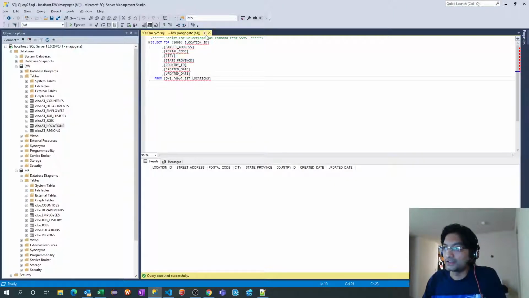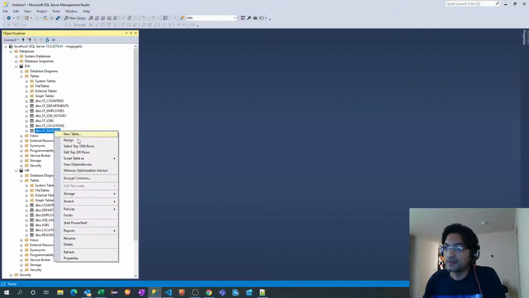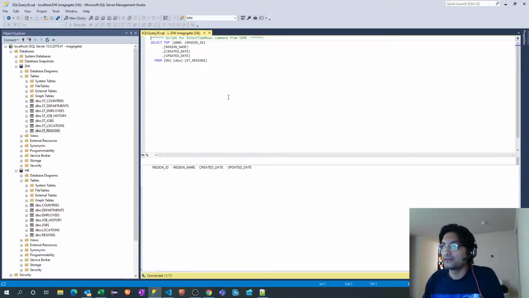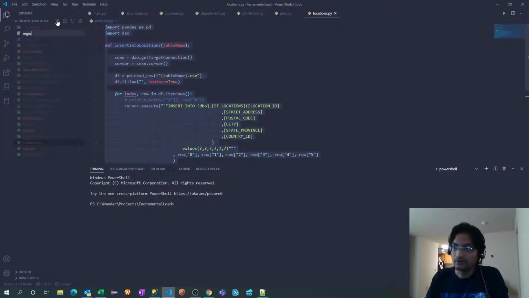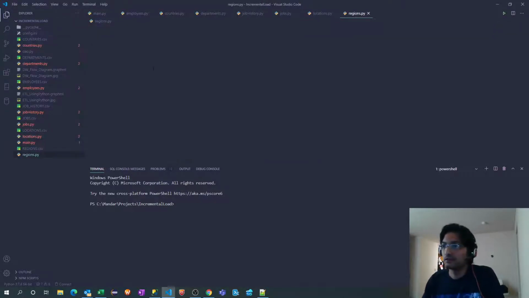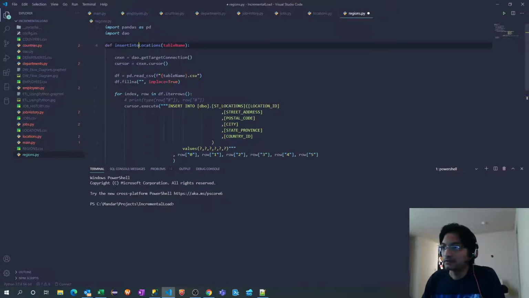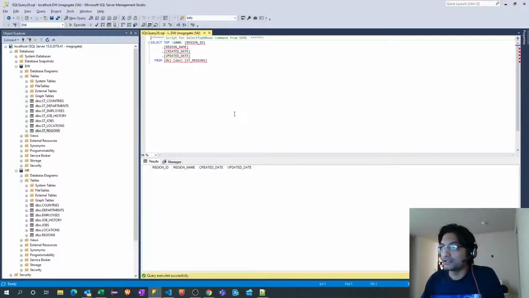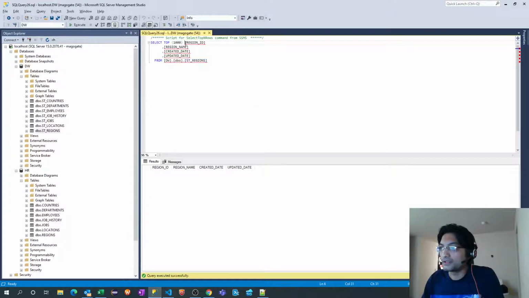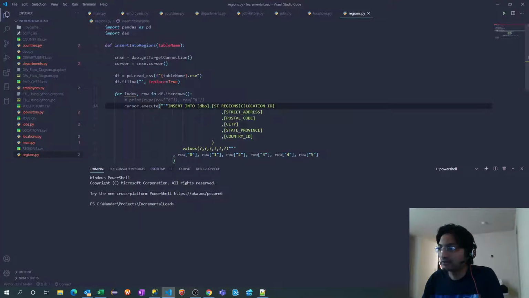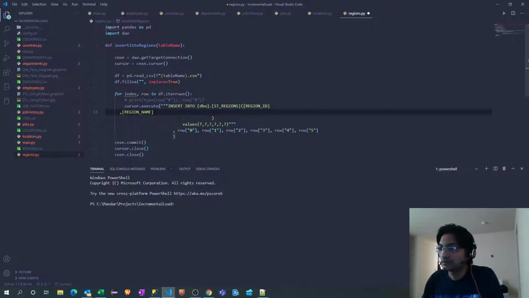And the final table now, regions. I will copy this, regions.py. Insert into regions. Copy the table name. Copy columns, it has only 2 columns.